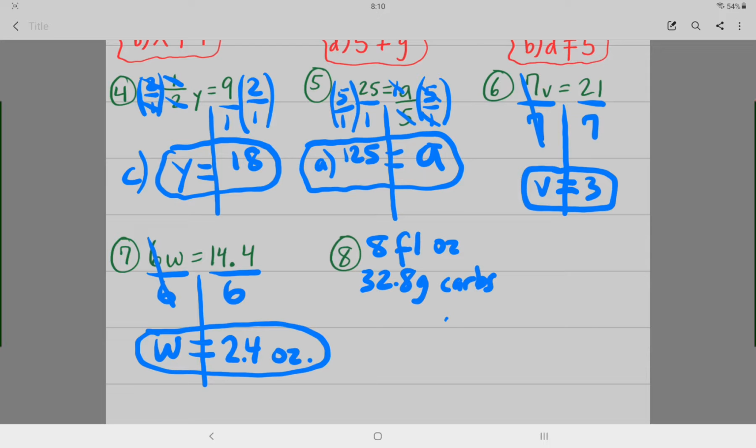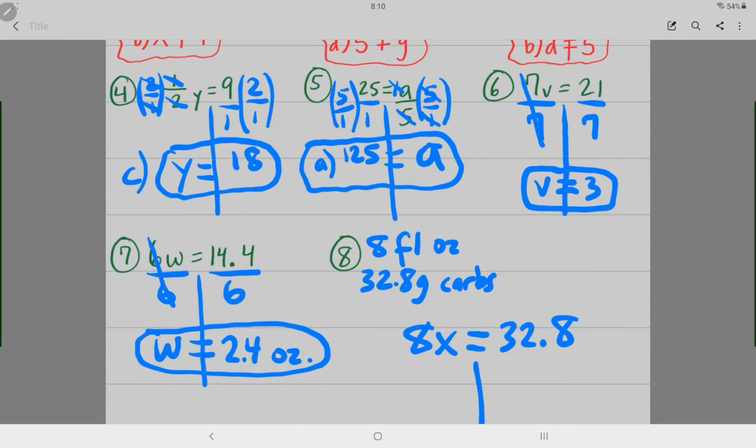So we have 32.8 grams of carbohydrate, and what we need to do is to divide by 8. So if we do that, we're going to get 8x. So again, I need to know how many are here. 8x equals 32.8. So that's the equation I'm going to set up, and I'm going to divide both sides by 8